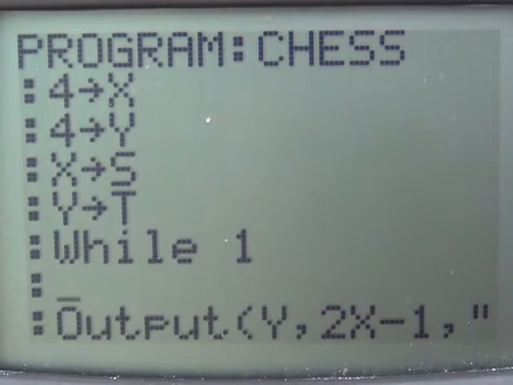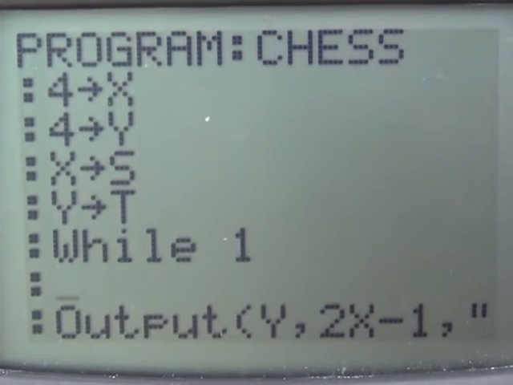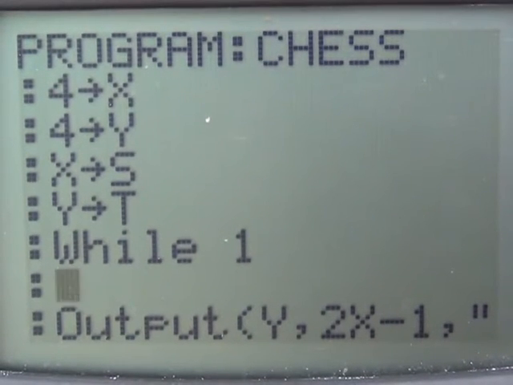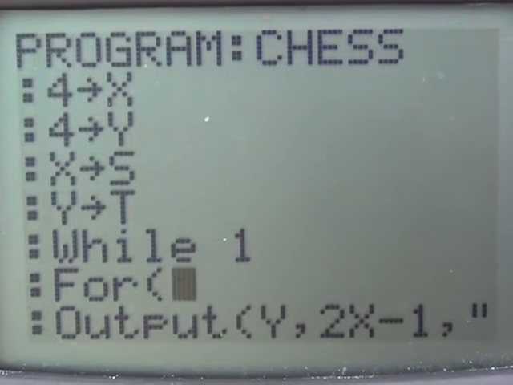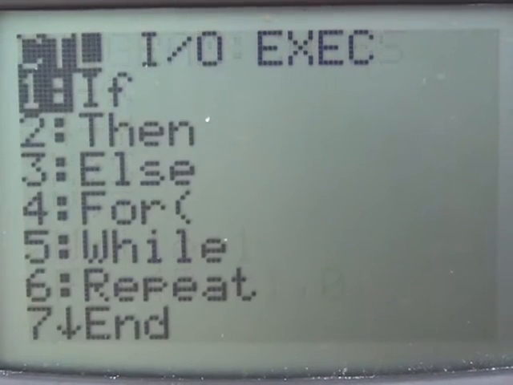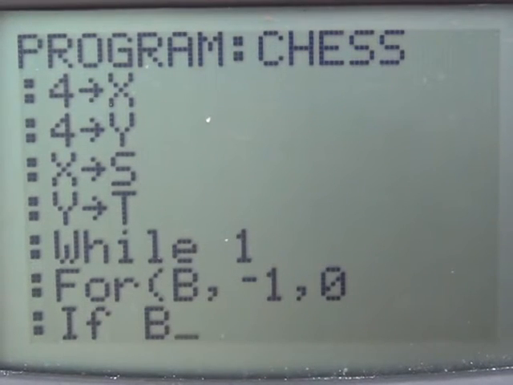But it might be easier that way. Let's go ahead and, let's see here. We'll try that. So for B is -1 to 0. We say if B, then